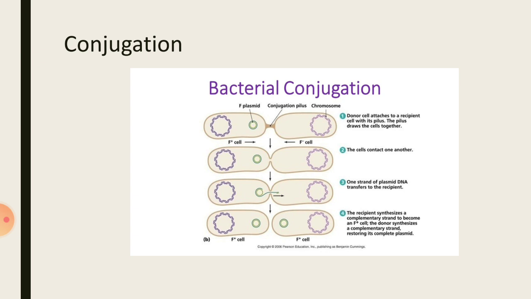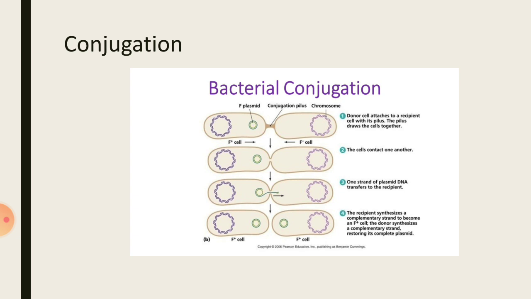What are these two bacteria? One bacteria is called F plus bacteria or male bacteria. Another bacteria is called F minus bacteria or female bacteria. What makes them different? In F plus bacteria, in the plasmid, that is the extra chromosome of the bacterial cell, we can see a special factor called F factor. Broadly, that is called fertility factor. The bacteria with F factor present is called F plus bacteria or male bacteria, and the bacteria without F factor is called F minus or female cell.